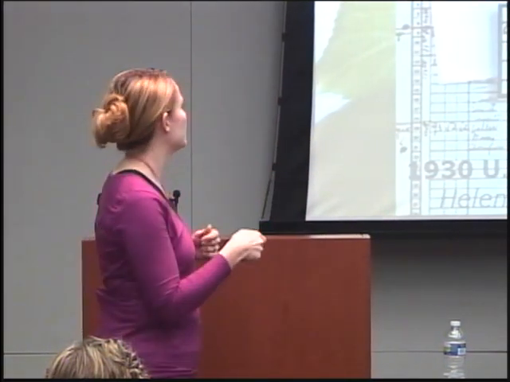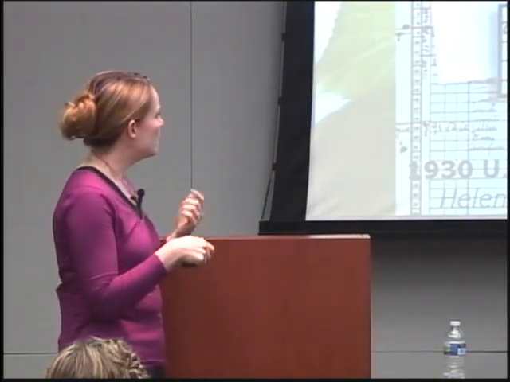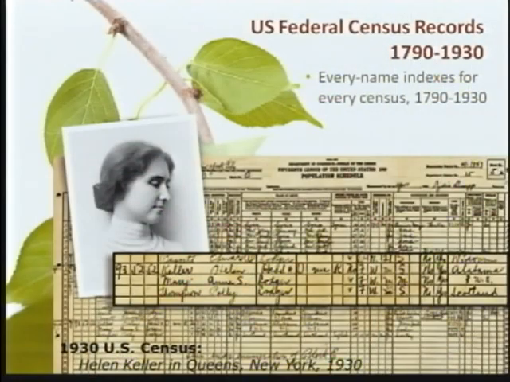This one right here is Helen Keller. A couple of things we learned from this census: she was the head of the house, she owns her own house, and they had a radio. The R means that they had a radio. She's single, and her age is unknown. Whoever gave the information to the census taker is saying that they didn't know her age.